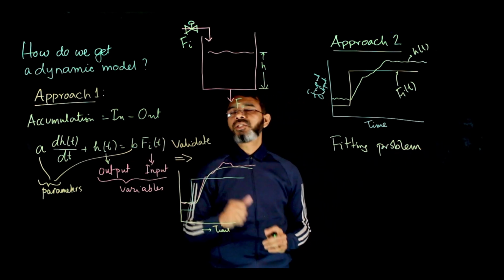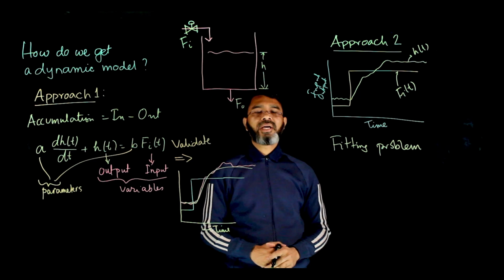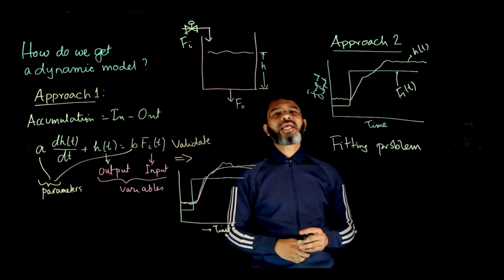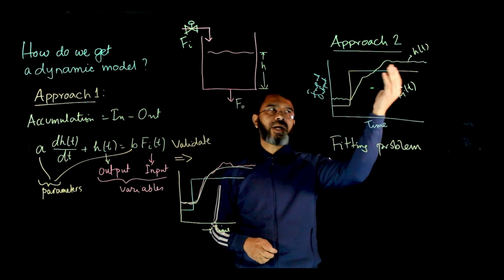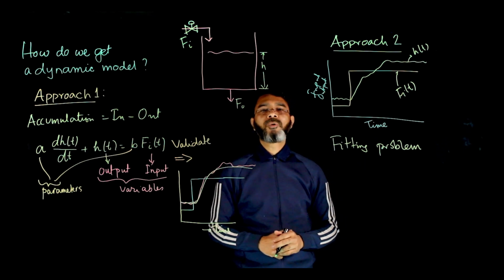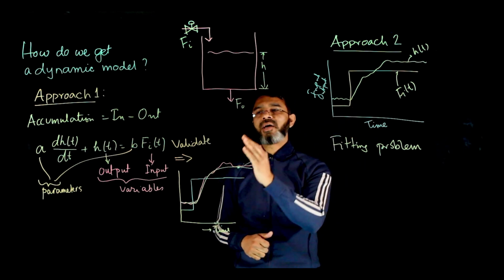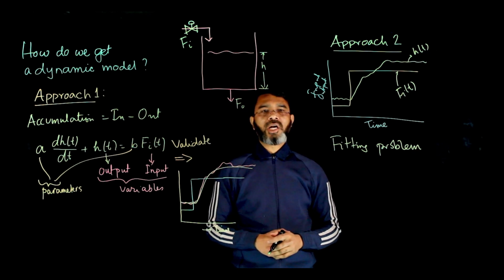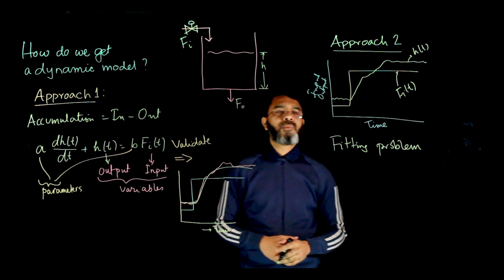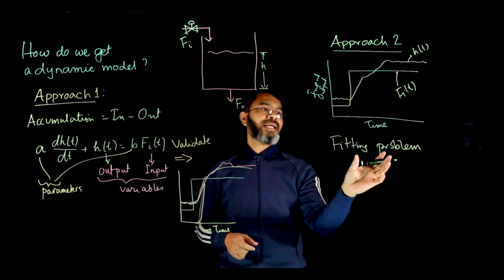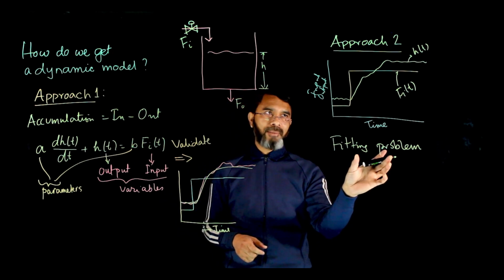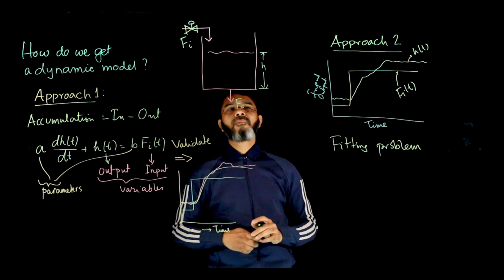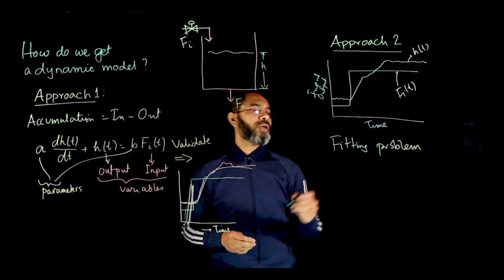So for this case, we need to know the structure of the model. Now the structure of the model can be obtained from the data, because if you look at a certain type of behavior of the output, you can say that, okay, this behavior belongs to that particular category. Or you can use the process knowledge to get the structure of the model. Once you get the structure of the model, you can formulate a mathematical model fitting problem to estimate the model parameters. So using this data,